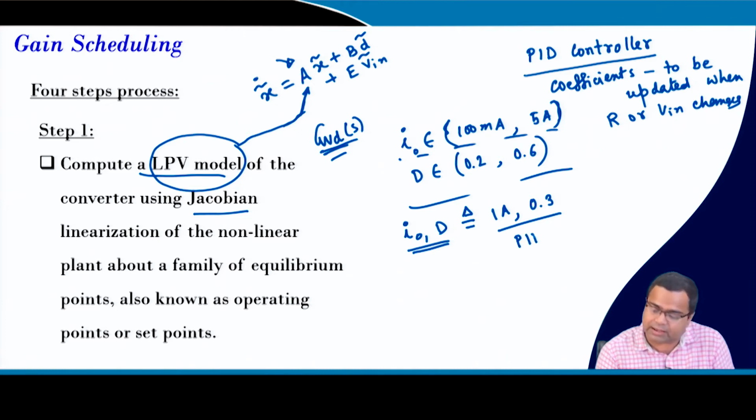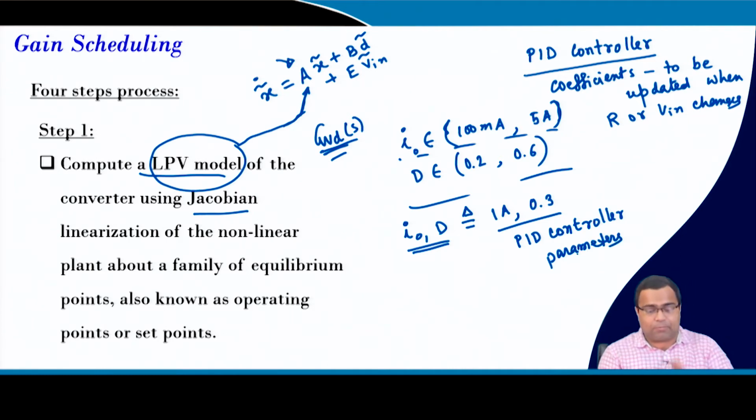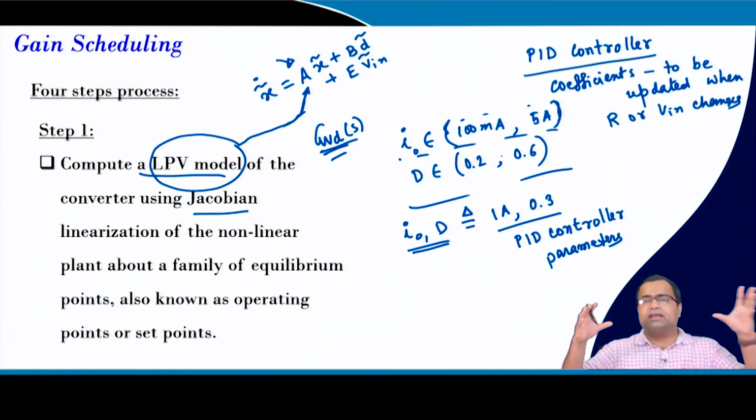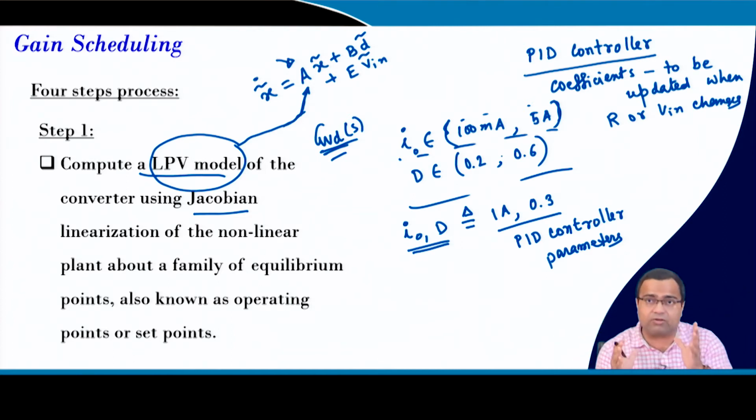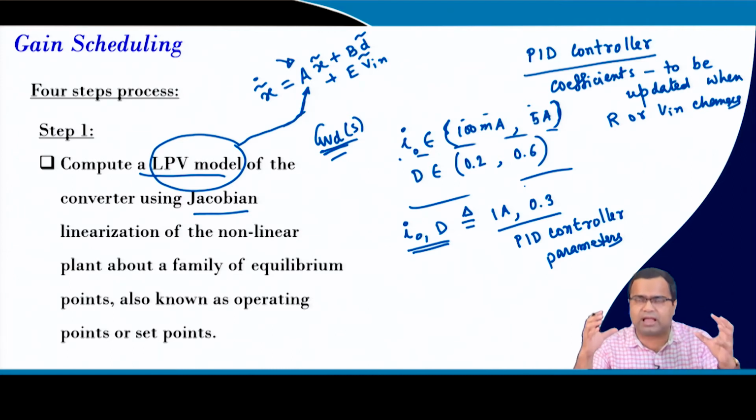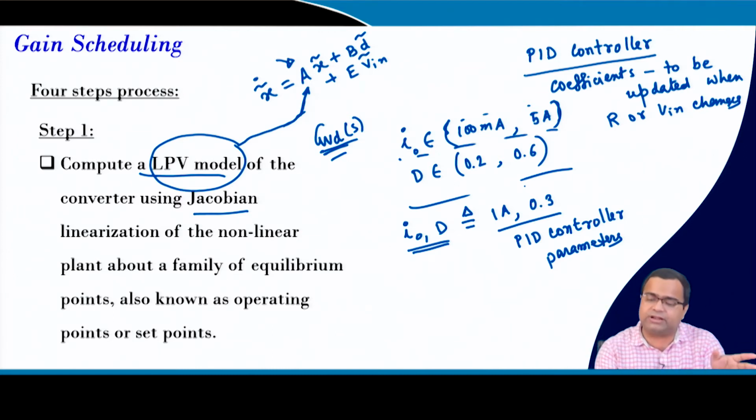That means you get the PID controller parameters. That means we need to obtain the different operating points. So, we will get multiple operating points, because it depends on how many currents you take and how many duty ratios you take. So, you may get an infinite number of sets, but we are not interested in so many operating points. So, you have to choose some operating points where we have more interest,